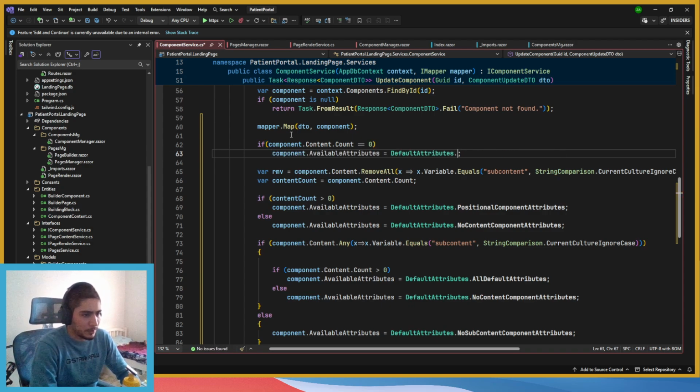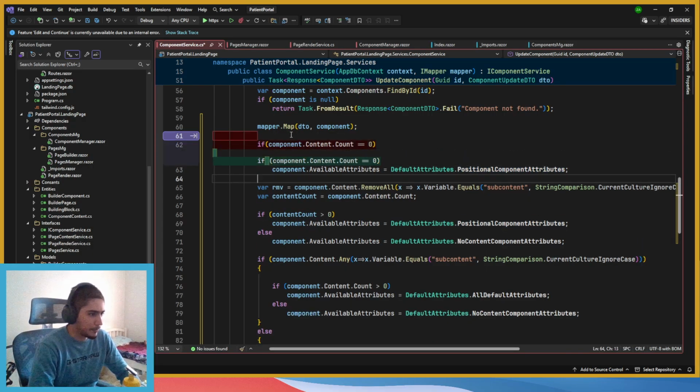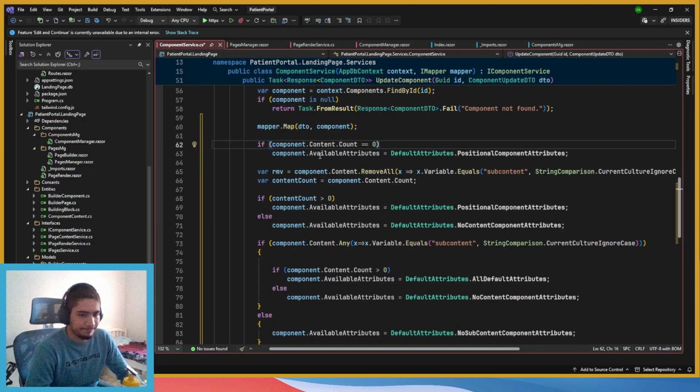Basically it's a positional because we don't have any of those. If we remove it, if we still have content, then it is